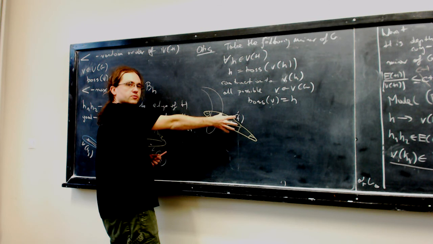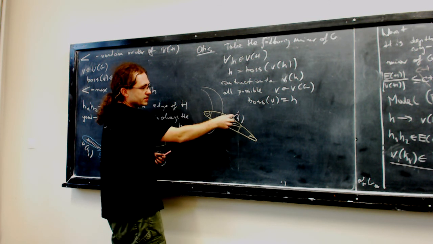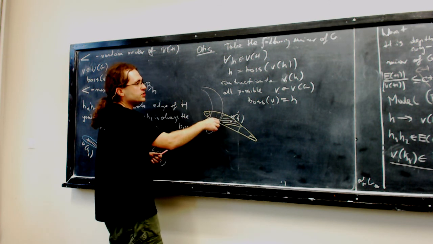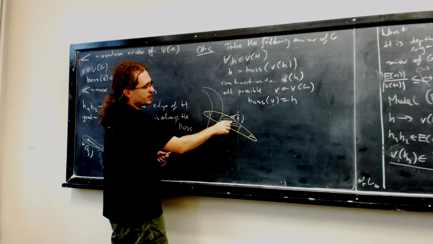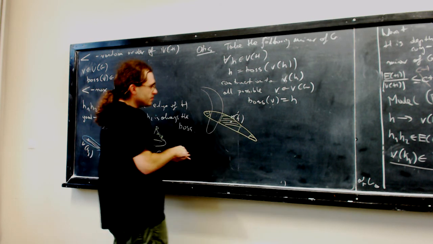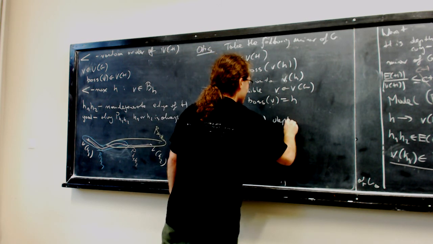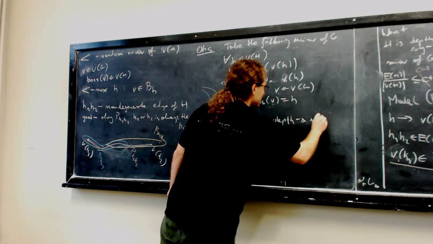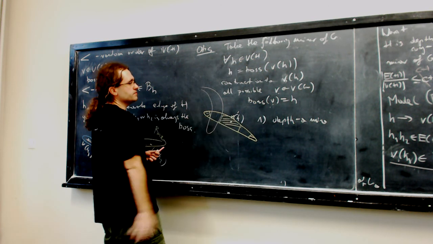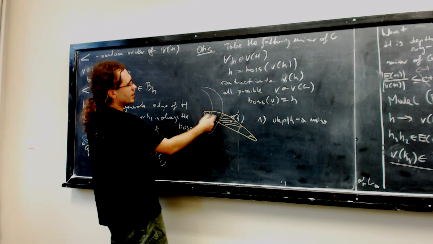So I want to contract whatever I can. This one I can't contract without violating this. So I want to take this connected component of this B_H where H is the boss and contract it onto H. And the first thing here is that this is a depth A minor, because I'm contracting a subset of the... It's not that obvious that I will go along the shortest paths, but